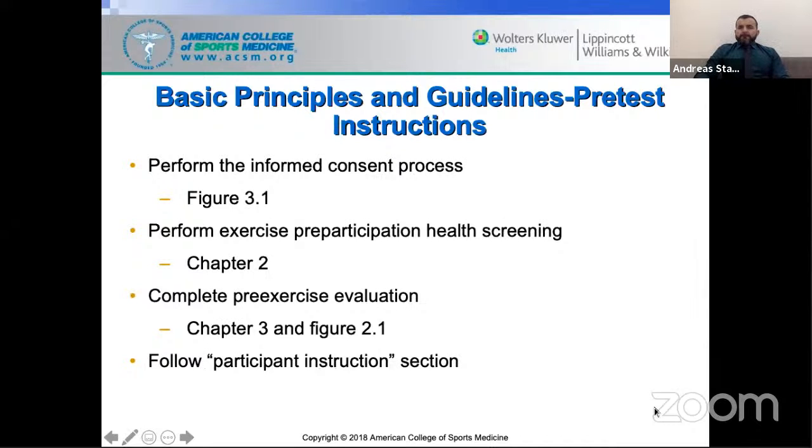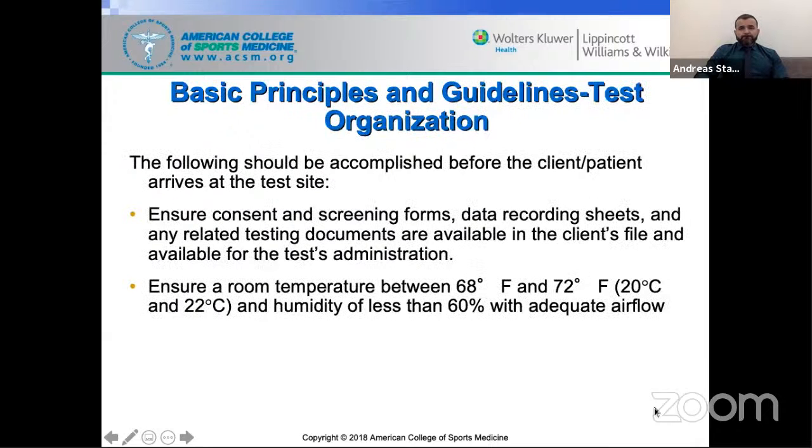Informed consent, we covered that. Exercise pre-participation health screening. Remember that? Chapter 2, right? Chapter 3 has to do with the pre-exercise evaluation, cardiac risk, actually. 2.1 is the PAR-Q plus. And the participant instruction is another section that we already covered. All right, so basic principles, as you can see,